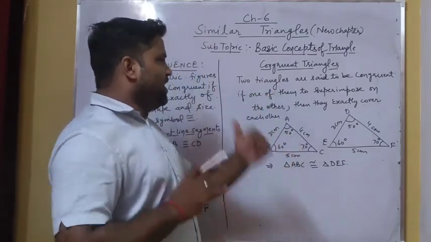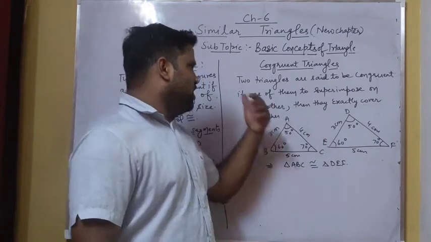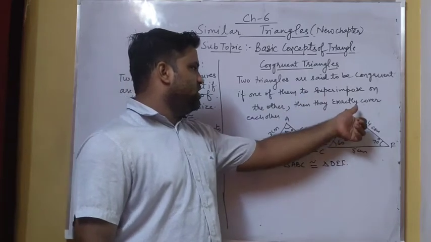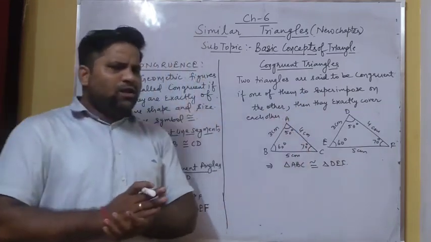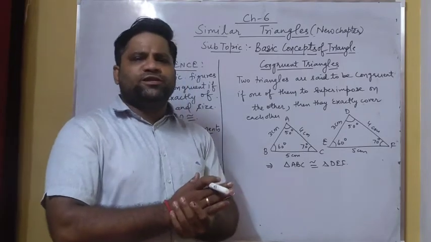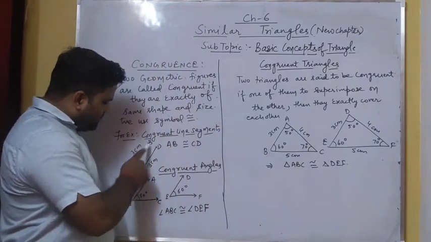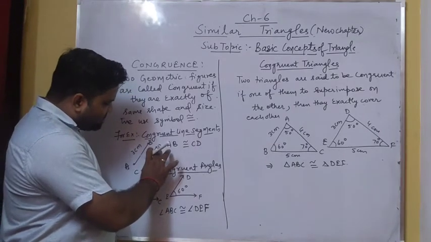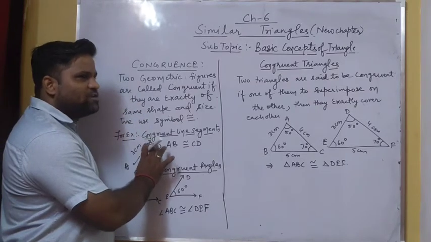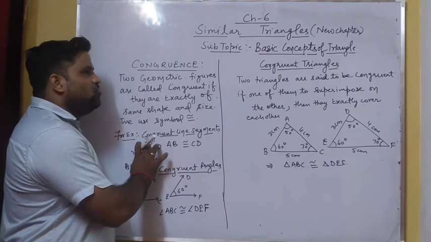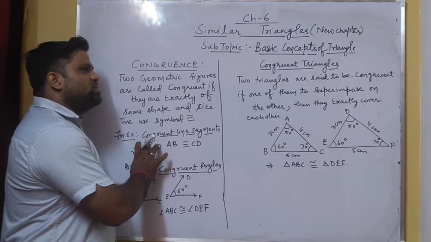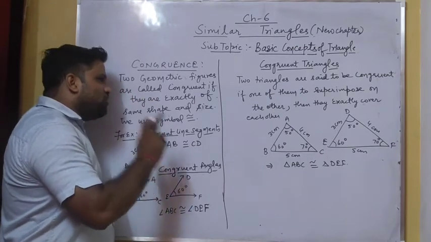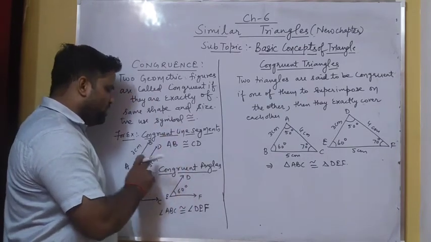Similarly, we can apply that concept to congruent triangles. Two triangles are said to be congruent if, when one of them is superimposed on the other, they exactly cover each other. Another meaning of congruent is that here we have two lines AB and CD, both of the same length. If I take this line and place it on the other line, it will superimpose it. You can't see the other line; it will look like one line, but there are two lines. So it means that for figures to be congruent, they should be of the same shape and same size.